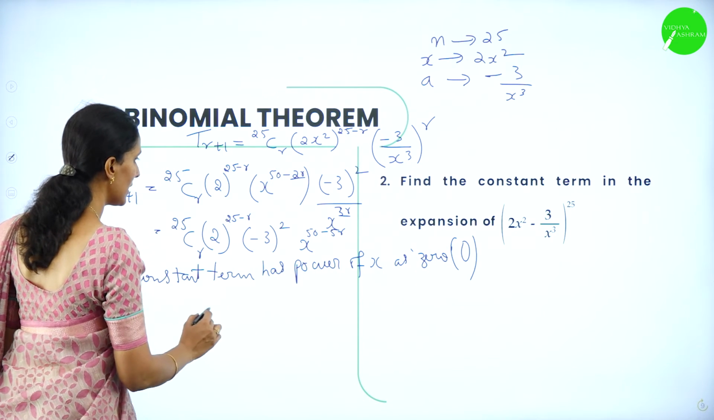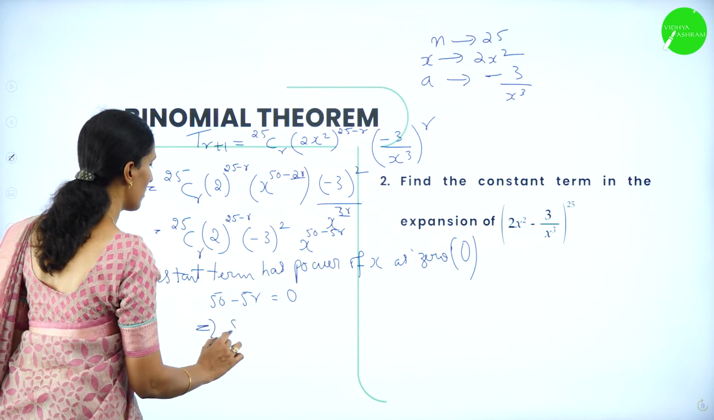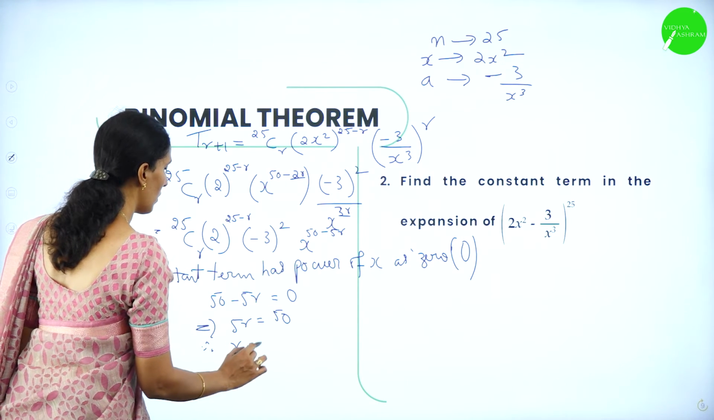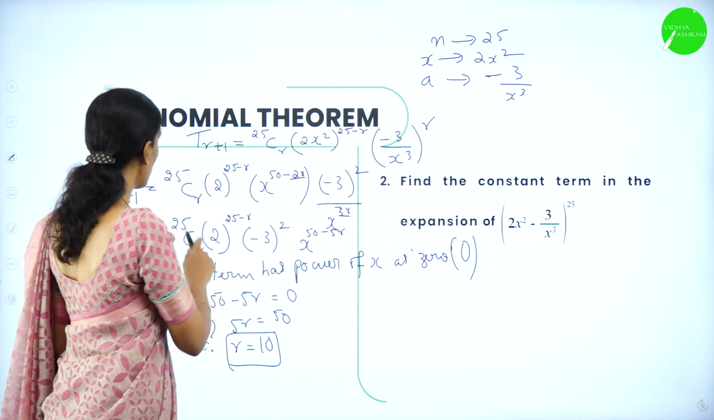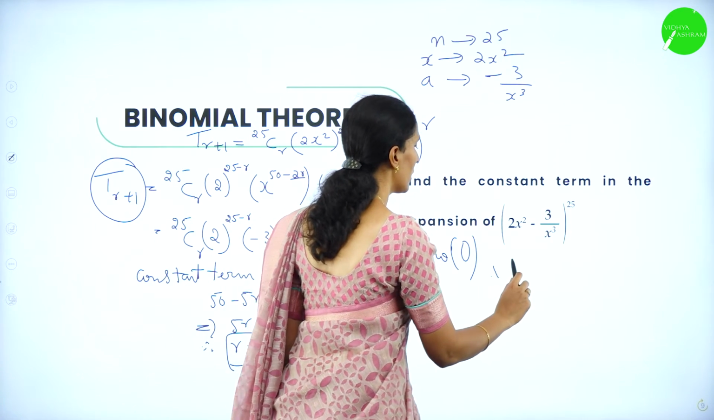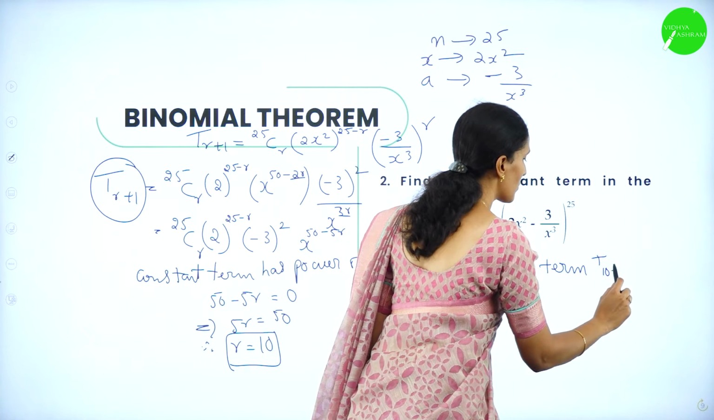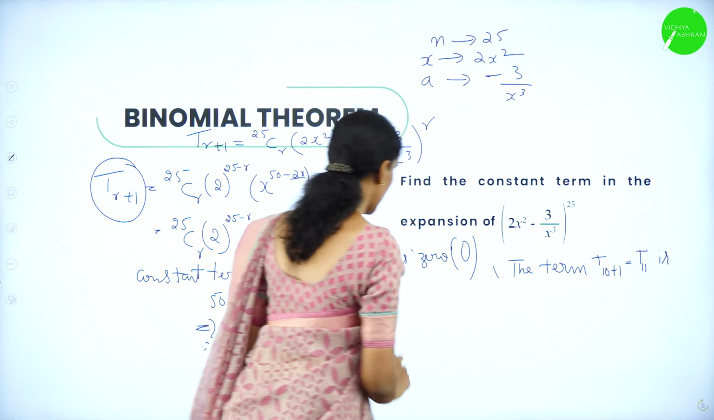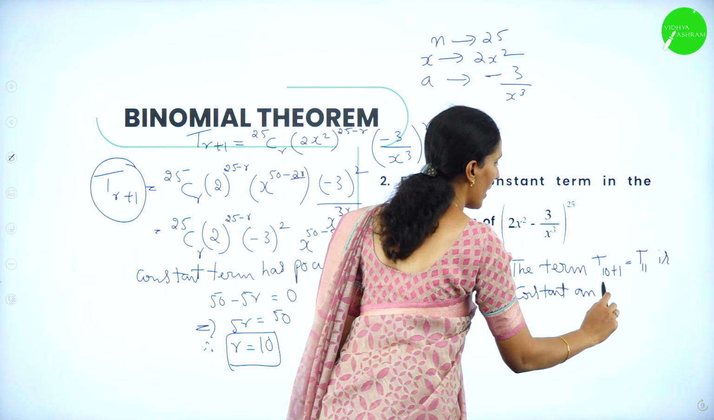So what happens here? 50−5r is equal to 0. This implies 5r is equal to 50, so r is equal to 10. So whenever r is equal to 10, what is the term then? r+1, that is 11. Therefore, the term T(10+1), that is T11, is constant and is given by